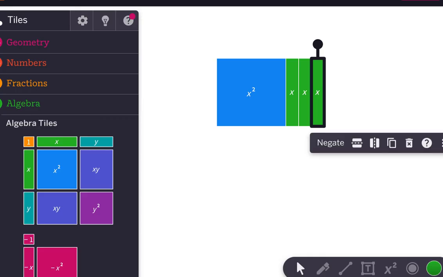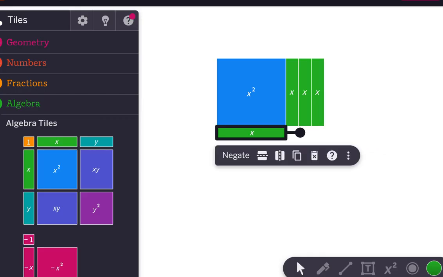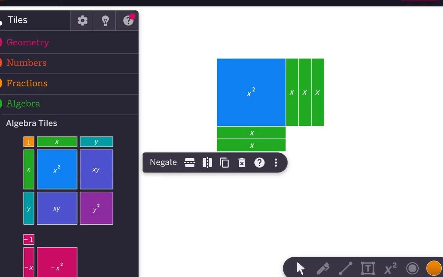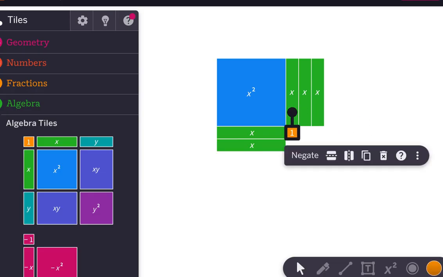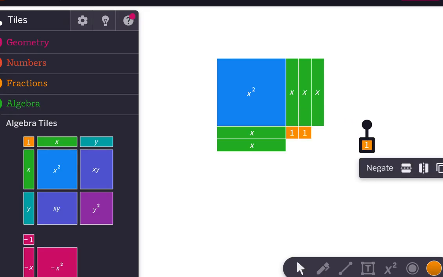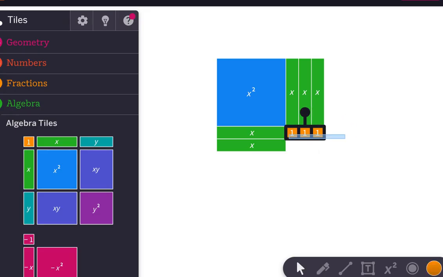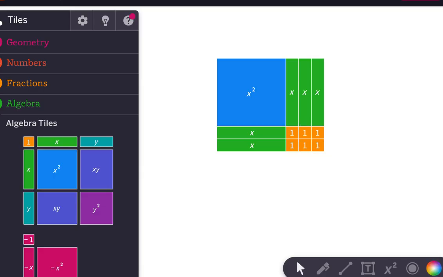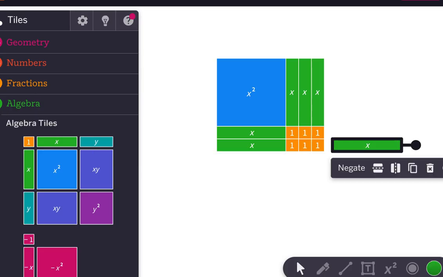And I'm going to use the horizontal ones to go on this side. And now I'm just going to use a whole bunch of these little ones to fill in this gap. And you'll find that we are absolutely going to make a nice little rectangle. And what we're going to say is the factors on top are going to be x